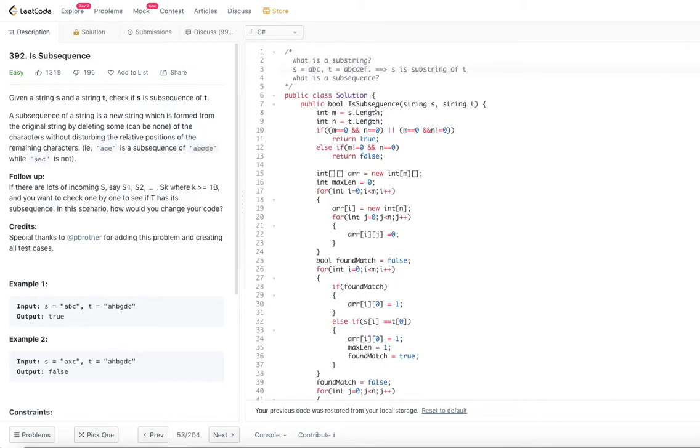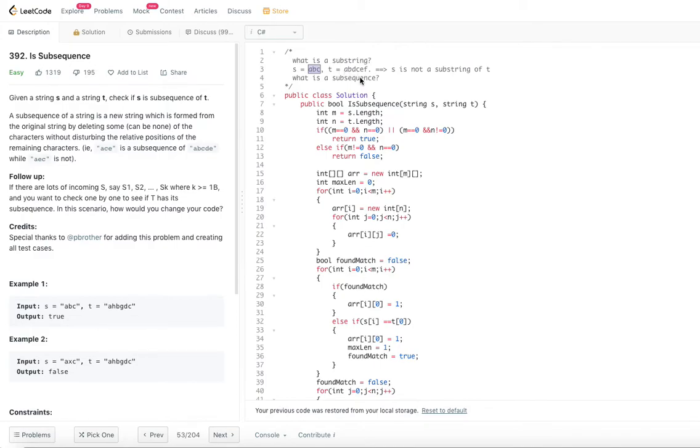If it was like this instead, we will say s is not a substring of t, because A, B, C are there, but they are not there together. So that's what a substring is.